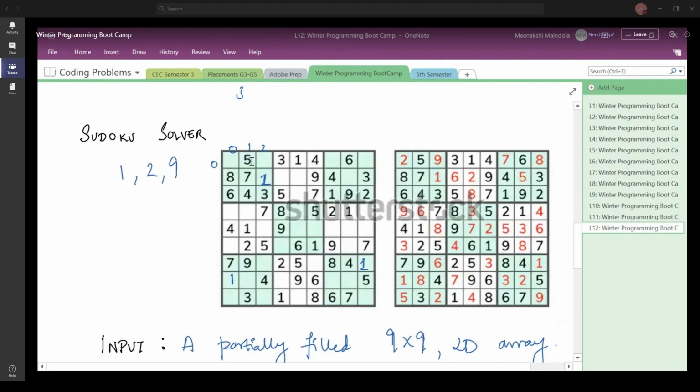You said, okay, 1 is not possible, I am going to try filling in 2 here. How did you try that? You checked if 2 is in the same row or not. 2 is not in the same row, 2 is not in the same column, and 2 was not in the same submatrix as well. So you wrote down 2 here. Okay. So similarly, you should go ahead and do that for all the cells.